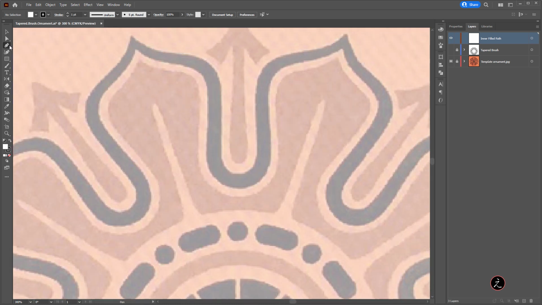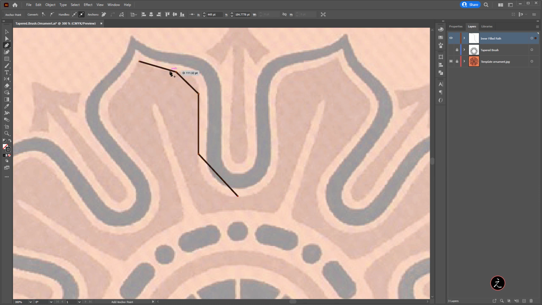I will grab the pen tool. I'll make sure that there's no fill. I just want to have a stroke color here. And all I'm going to do is just click and create straight segments like so, because I just want to show you another way how to bend straight segments and create smooth curves out of them, which means I'll right click to grab the anchor point tool. And all I'm going to do is just hover over here and just click and drag.